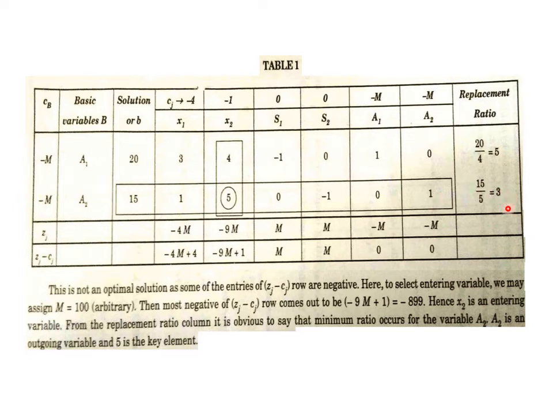We have to add several newer things here, otherwise the basic work is much similar to the two previous problems which we discussed in the two previous lectures. And as one most negative value or two negative values are appearing, obviously it's not an optimal solution. Then we have decided the key row and the departing variable, everything like we have done it too many times while creating several tables in the last two lectures. And here A2 will be the departing variable, the outgoing variable, and 5 is the key element, and we will use all these facts while making table 2 in the next slide.